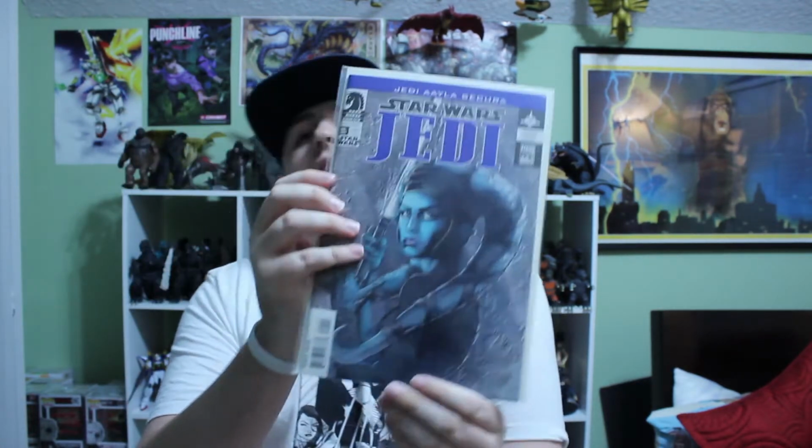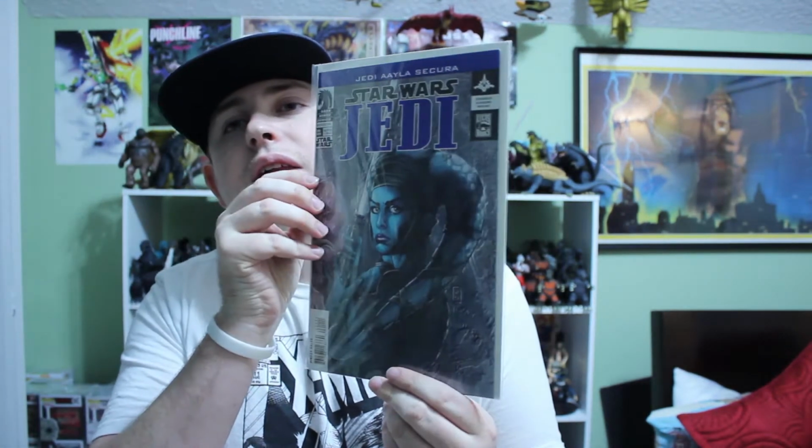But really, really cool art. I really love that Aayla Secura look. Like, I love that art. It looks really, really cool. So, these two are kind of cool. This one's actually cool. This is Star Wars Boba Fett, Agent of Doom, kind of keeping it up with Boba Fett. And I actually have no context of the series. I think it may be